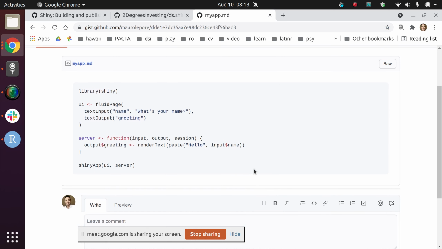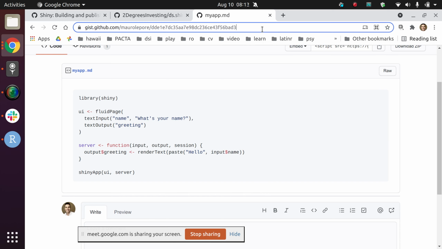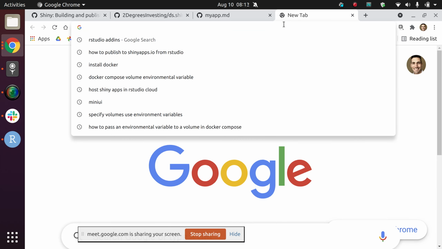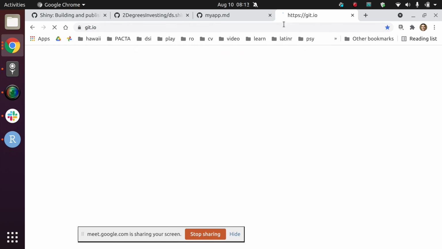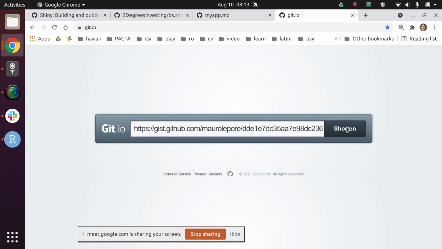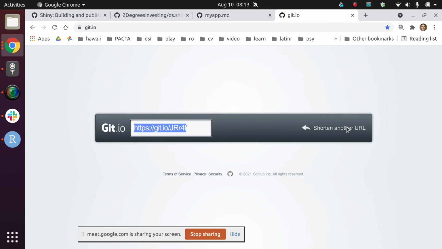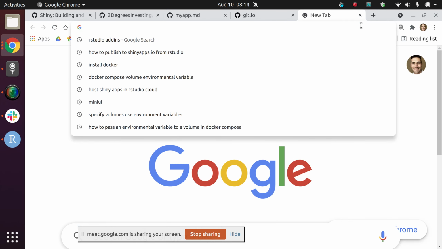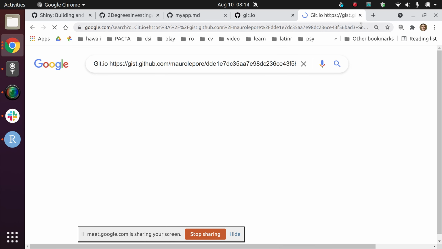So as you see, this is the code that I now need to send, not the code, just the URL, by email or whatever. And usually I like to shorten URLs, so I do git.io, which is aware of links that live on GitHub, and then you can shorten them. So nice. So now this is what I could send you, and then you can just paste that beautiful short link that starts with git.io. You can paste it in any new browser, and you should be able to get the